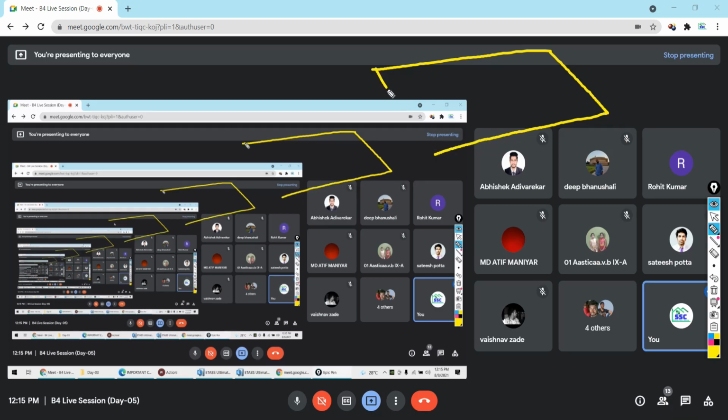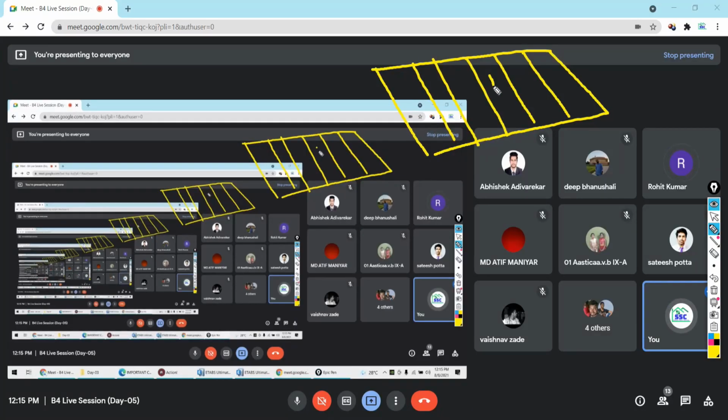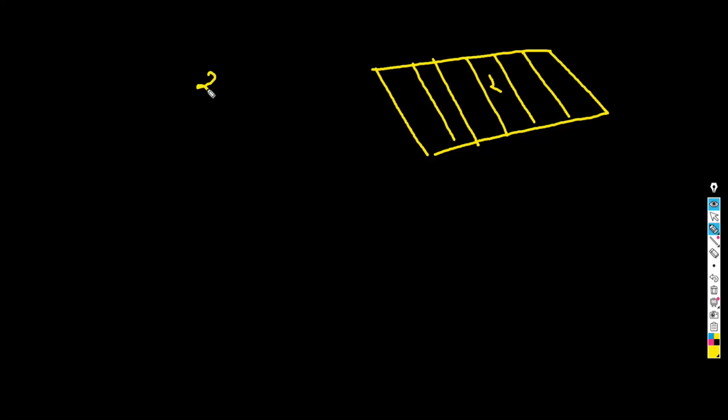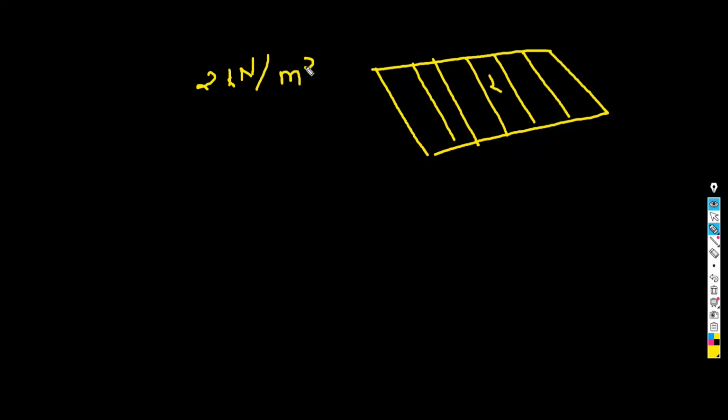See, suppose this is the slab and this is divided. It does not mean that 2 kilonewton is over the entire area. 2 kilonewton per meter square we are going to assign.